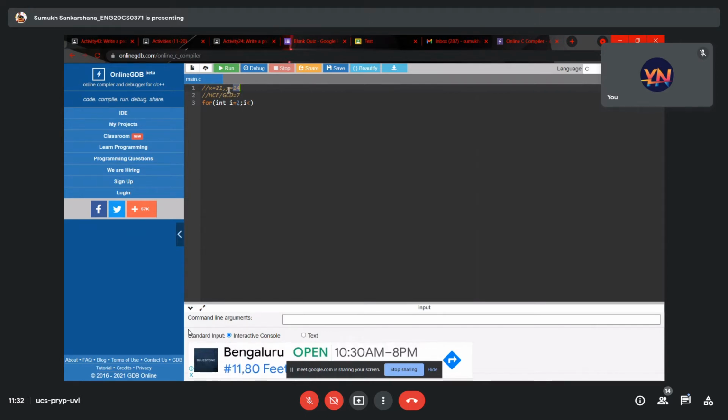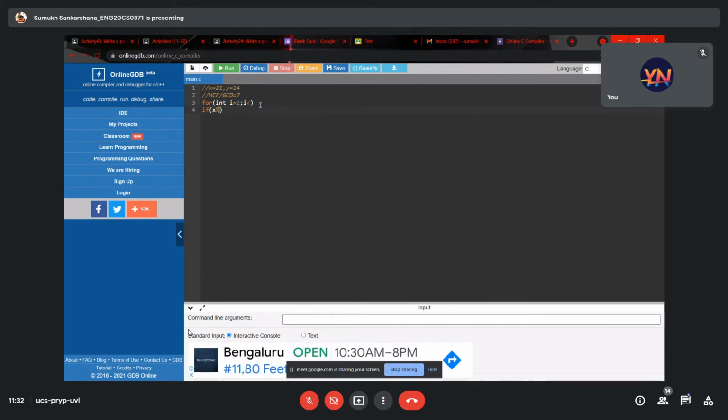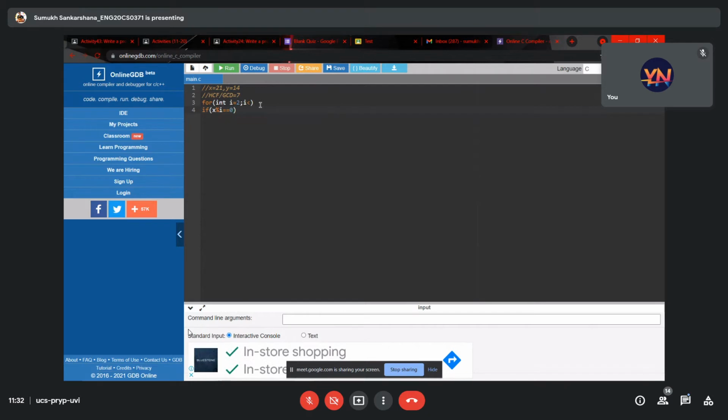So how do we check that? How do we find the HCF or GCD of two numbers? We basically start checking what the factors are. How do you know whether a number is a factor? If we take a number, let's say x, and divide it by whatever number we are checking, it will give us the remainder 0.